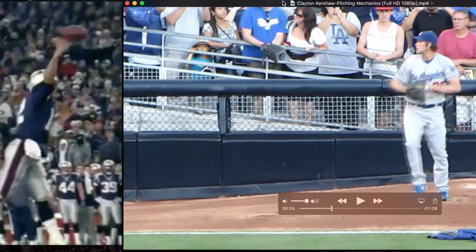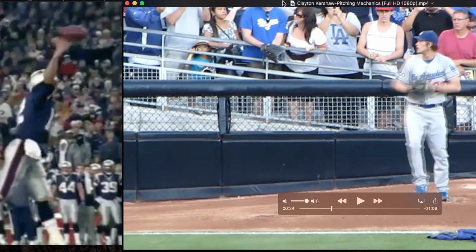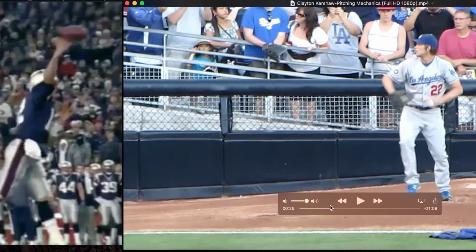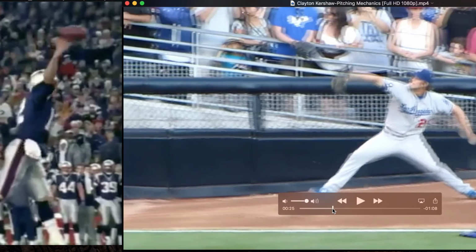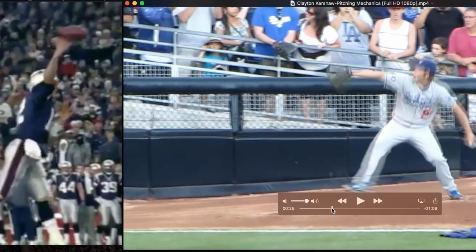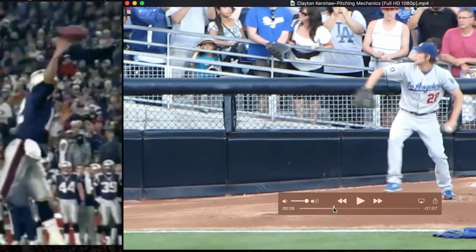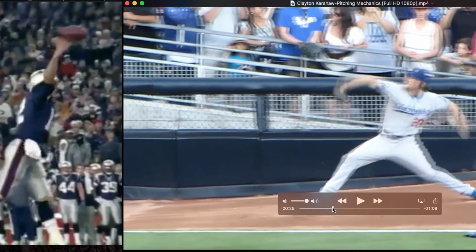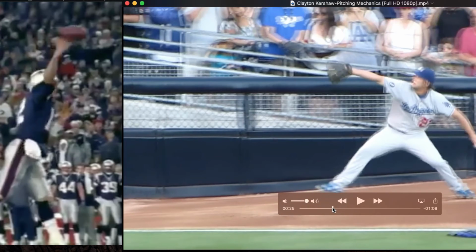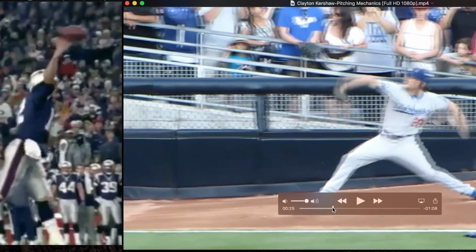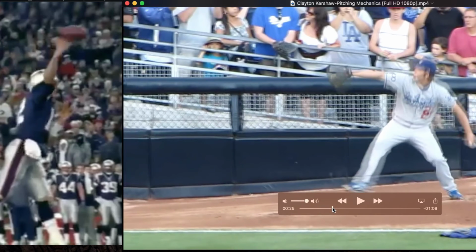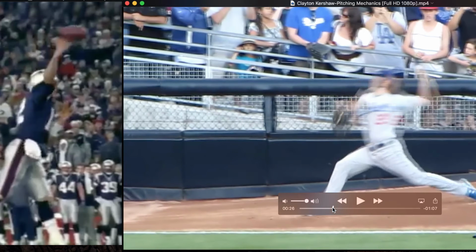So he's very tall at the beginning. Okay, and then as he's trying to create force, he's going to bend in that knee and then rotate that knee straight downwards in order to really create that large amount of force generation. So see, now he's going to turn that knee in. So he's going from tall to bent to pushing that knee straight down to generate force out of that back